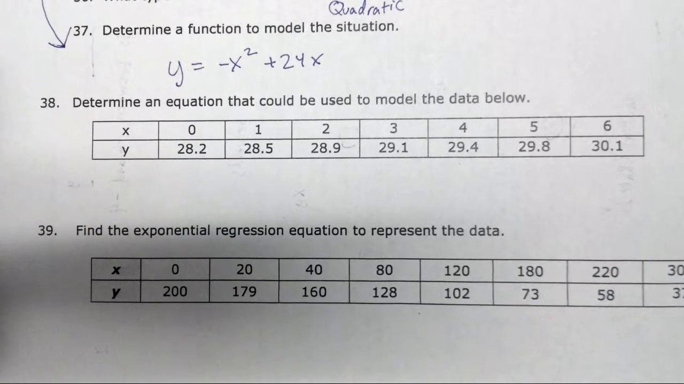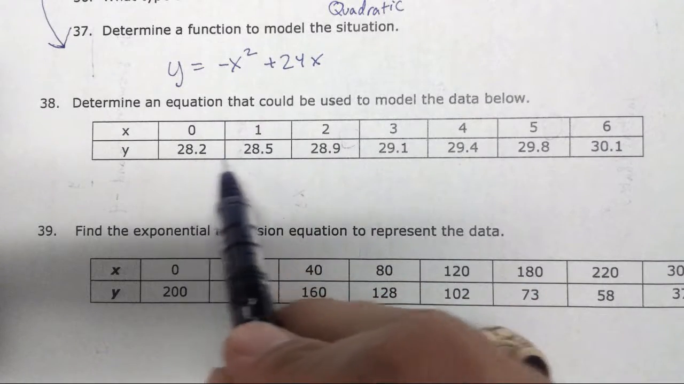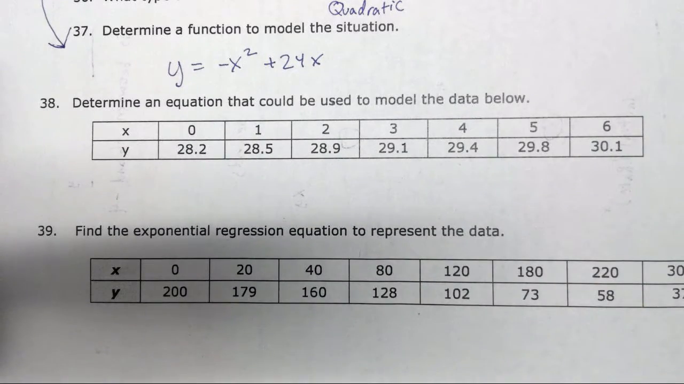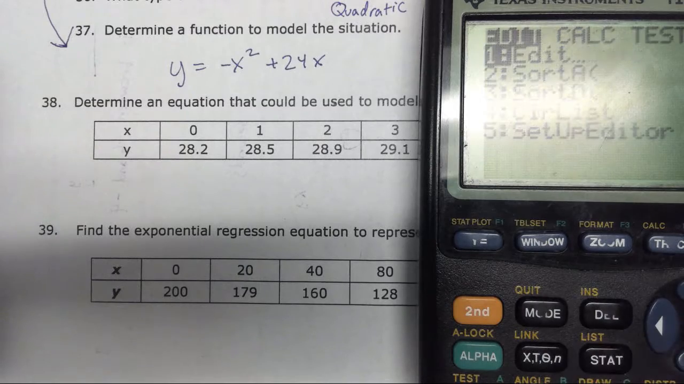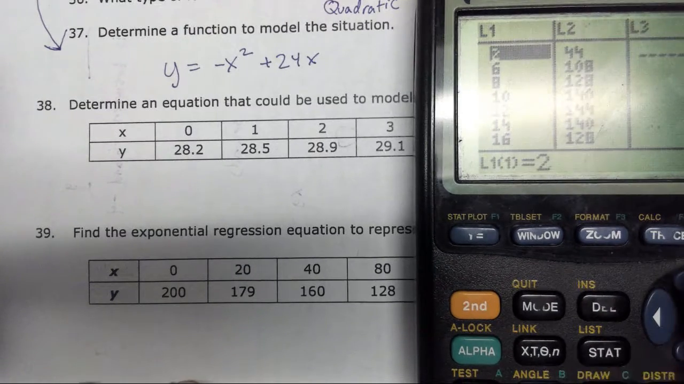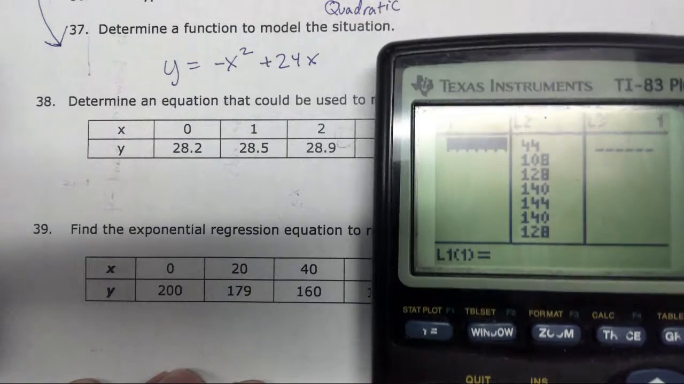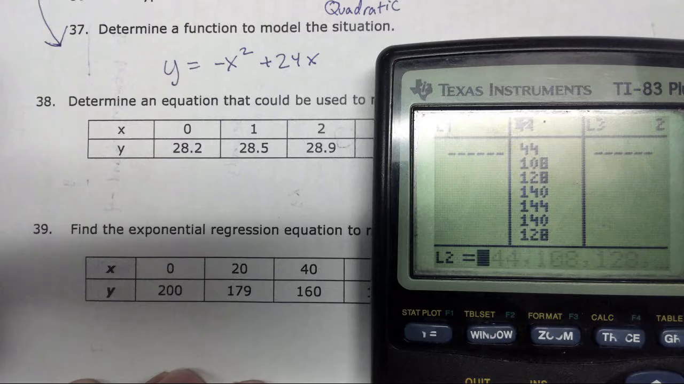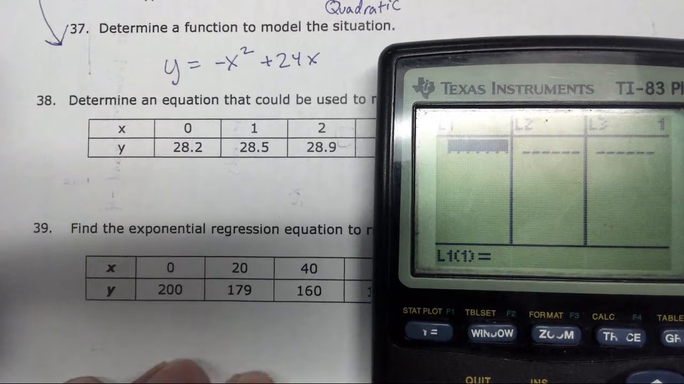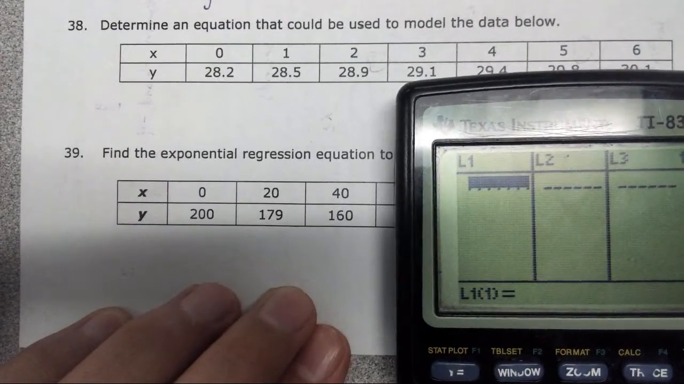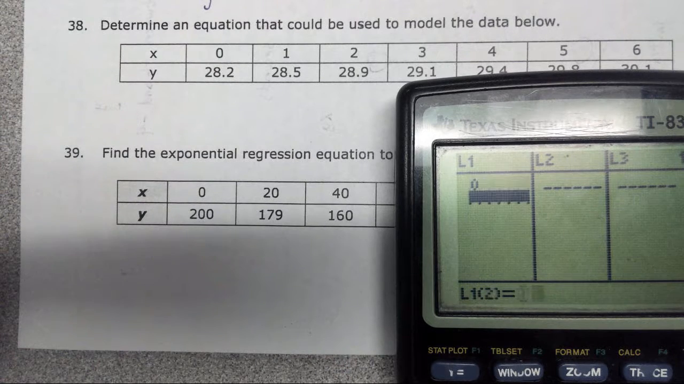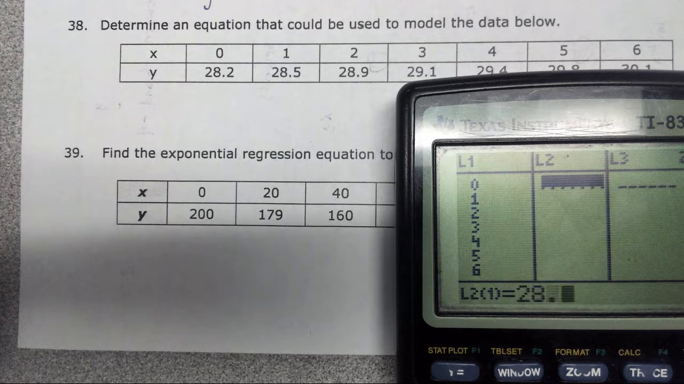Alright, determine an equation that can be used to model the data below. Alright, so let's go ahead and see if linear is a good fit for this. So I'm going to go to stat, edit. Now we have the previous data in there. I'm just going to clear it, pressing the clear button. Press enter. All that data goes away. So let's go ahead and put the data in there, which will be 0, 1, 2, 3, 4, 5, 6, and 28.2,